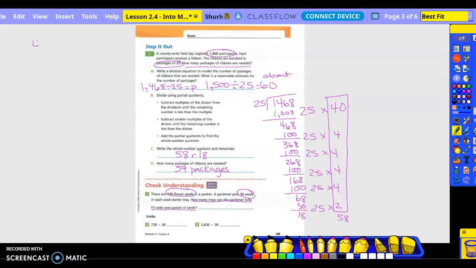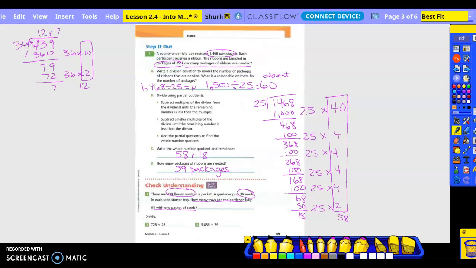I'm going to do 439 divided by 36. Okay, so what can I do first? Times 10. Okay, 36 times 10. And that gets me what? 360. And then that is 9. This becomes a 13. This becomes a 3. So 79. Now what? We can take 36 times 2, which is 72. And we have 7 left over, right? So our answer is